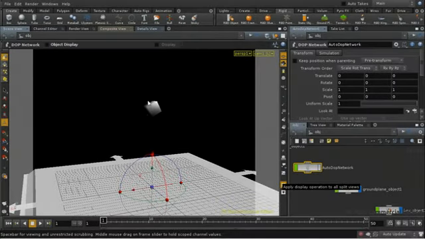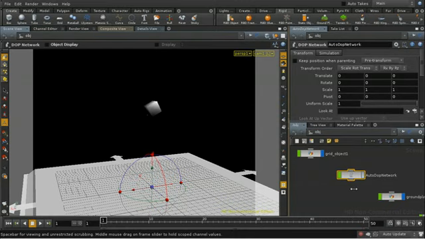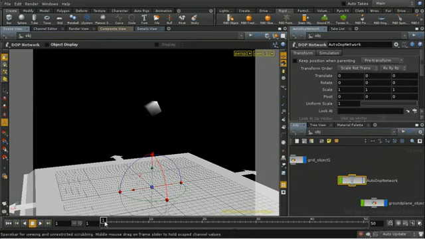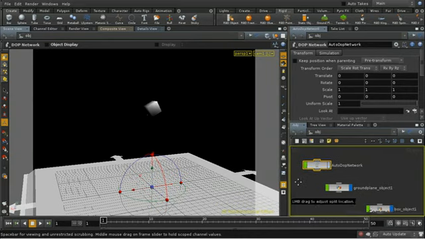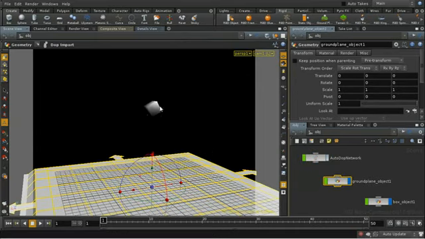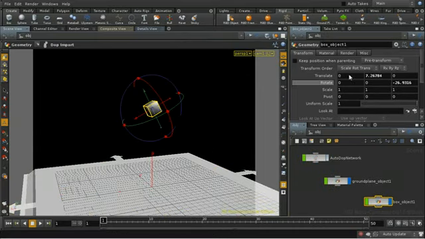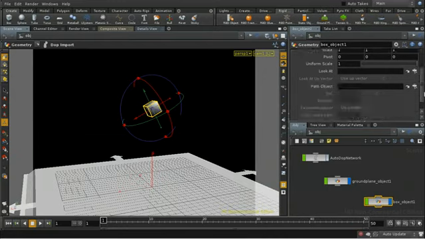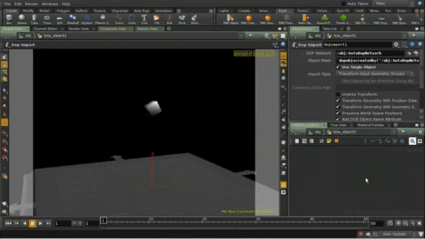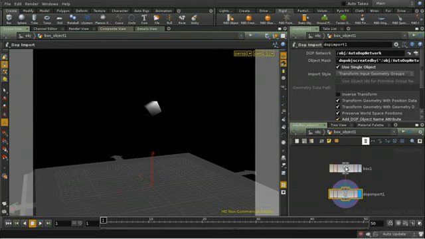Another demonstration of when you will need geometry velocity blur is when you've got a dynamics simulation. And as you know, when you have a dynamics simulation, and I've got a simple one here with the box falling down onto the plane, your object usually starts off as a stationary, static object, and here we can see there's no animation at the scene level on our box. And then the shelf tools create this DOP import, and what the DOP import tends to do is transform the input geometry groups, the input geometry in other words. So it's taking the box and it's transforming it according to the motion that's been calculated in the DOP network. In other words, the animation is happening here at the geometry level,